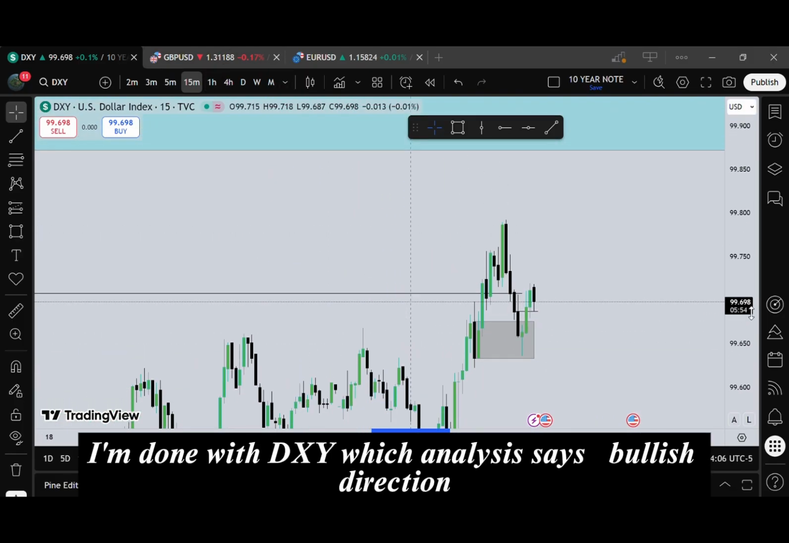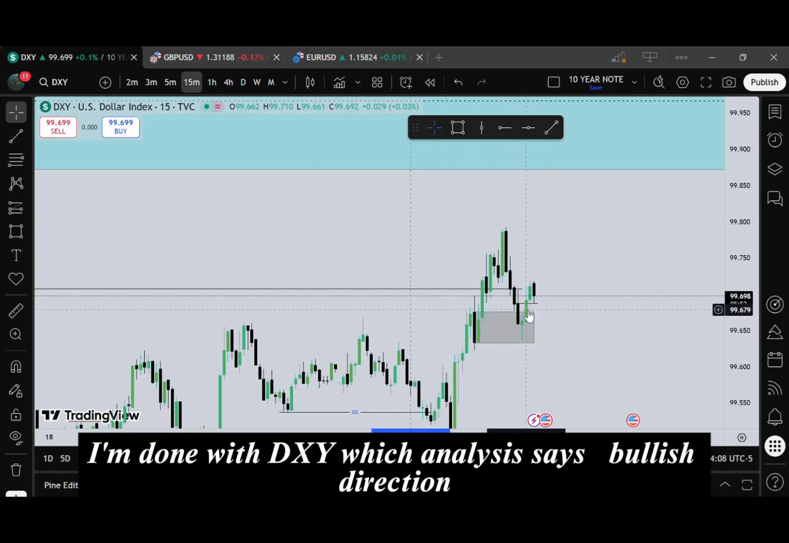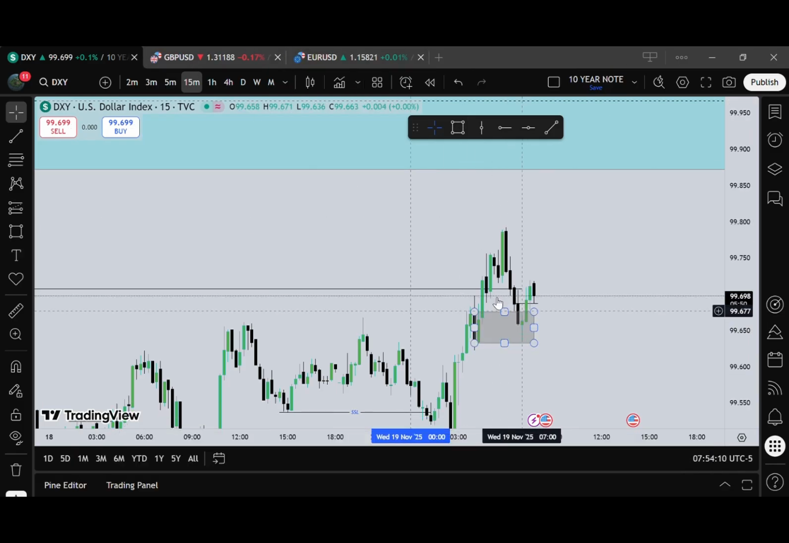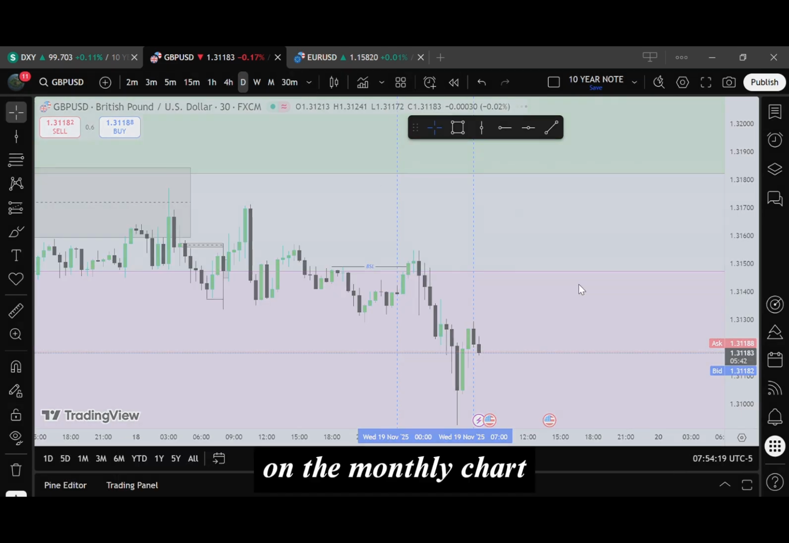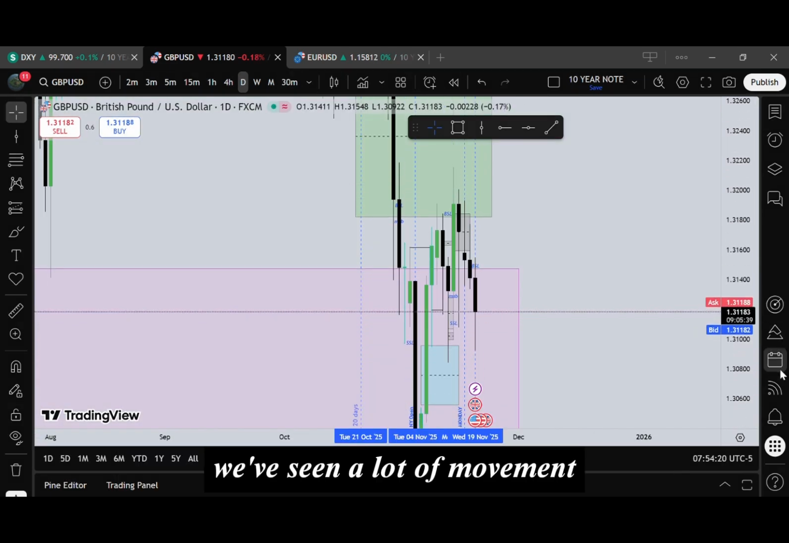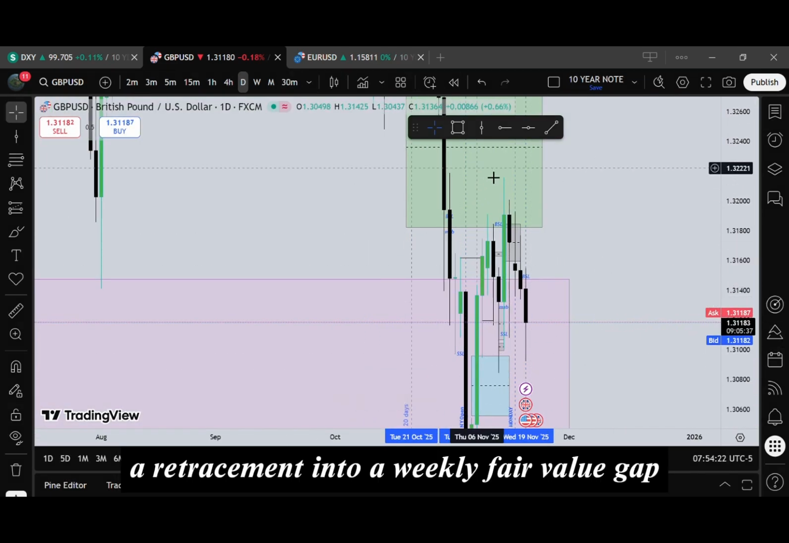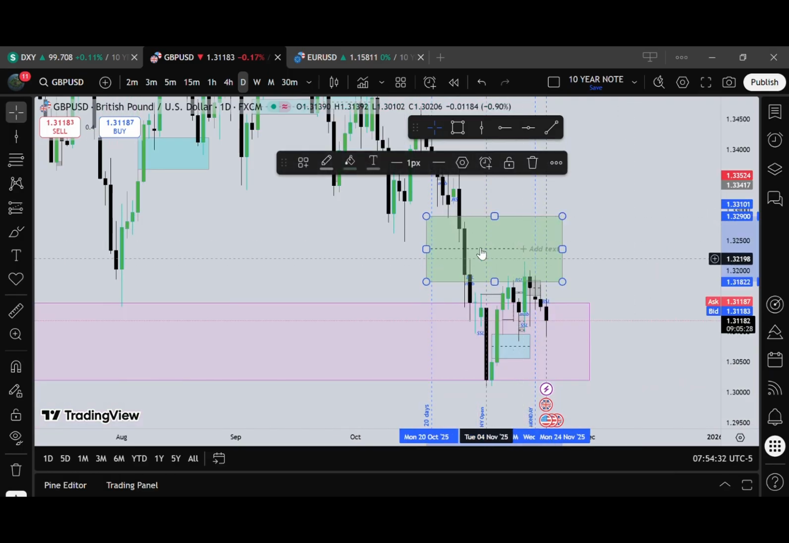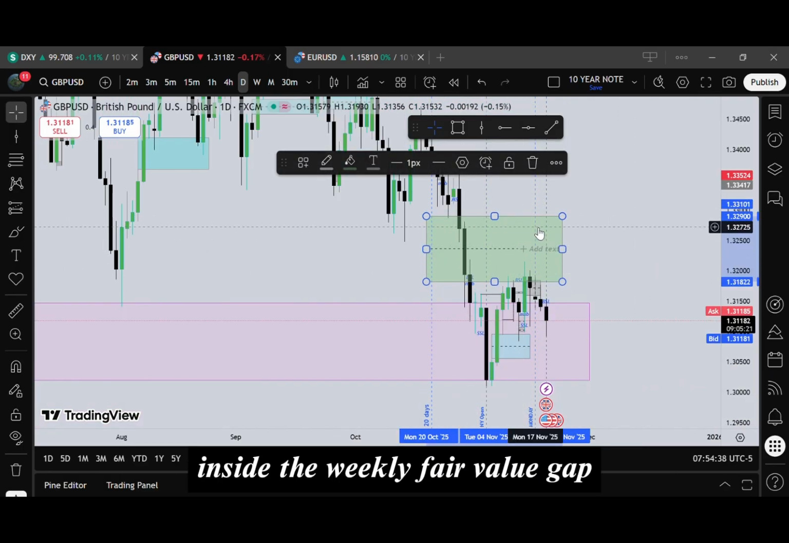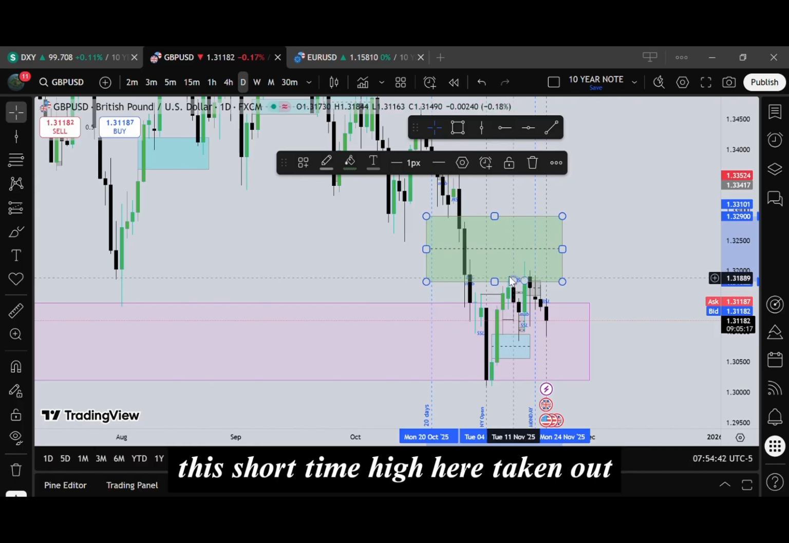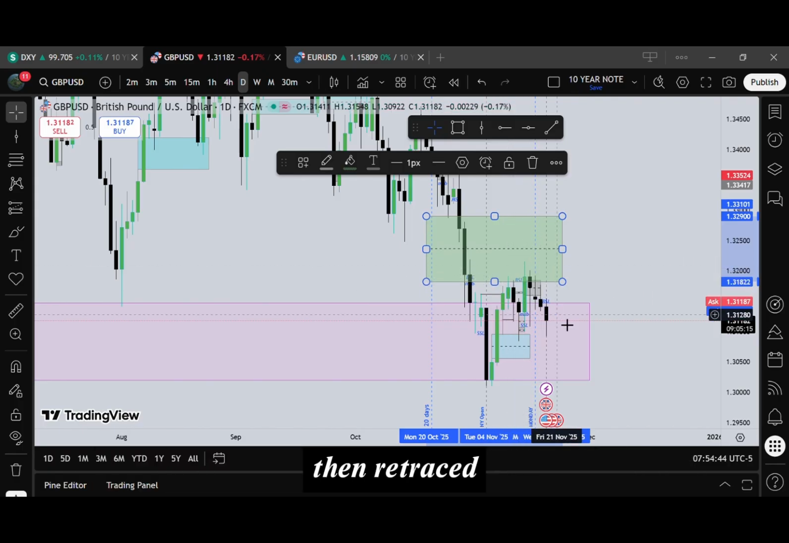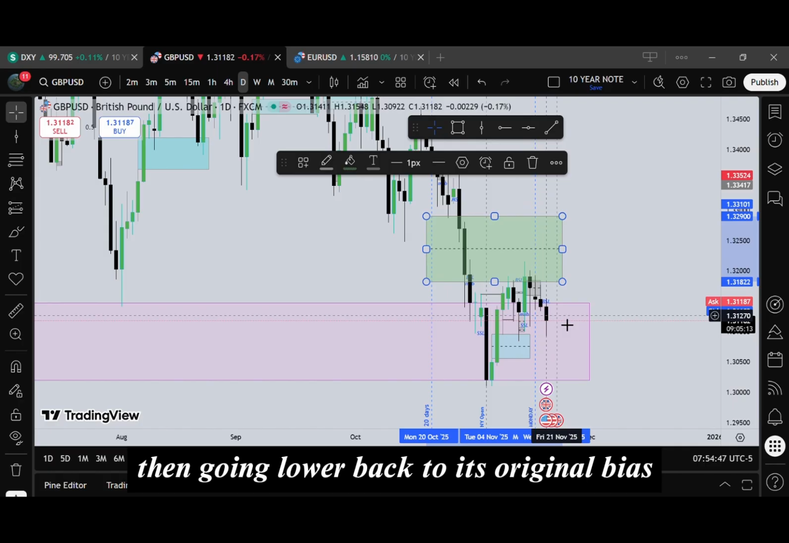I'm done with DXY. Let's go to DXY, says what? Bullish. Let's go to GBP USD. Maybe we are going to see a bearish setup. On the monthly chart, you've seen a lot of movement. A retracement into a weekly fair value gap, which is this green box. Inside the weekly fair value gap, you've seen a buy side liquidity being taken out, this short time high here, taken out, then retrace, going lower back to its original bias